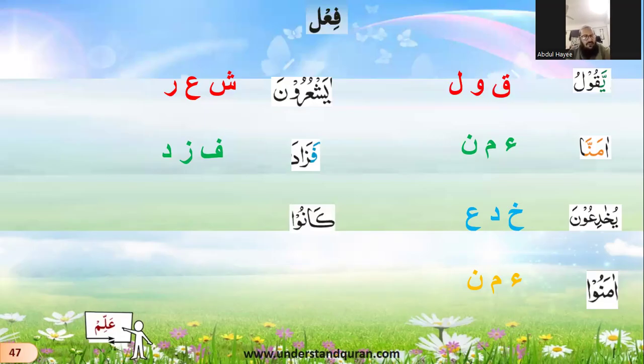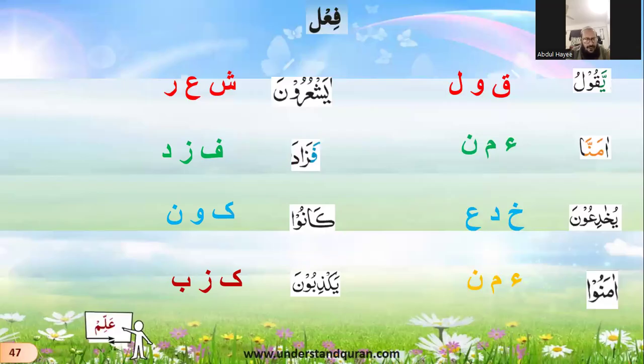Okay, kanu. Waw alif is a plural sign. Remove it. What is left? Kaf, alif, nun. That is the root letter. But alif is never a root letter. So ka, waw, nun, the root letters actually. Yakzibuna. Ya is the ilamat of mudari. Waw nun is the plural sign. Remove both signs. What is left? Kazaba. Kazaba is the root.